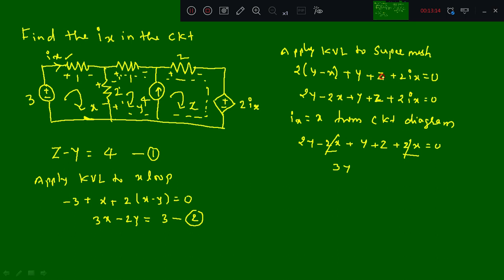it is 2 into z. 2 into z, I have missed that resistor, it is also 2 into z, so it is plus 2z is equal to 0. So I will get this as equation number 3. So when we solve this equation 1, 2 and 3 using the calculator, we are going to get the answers as